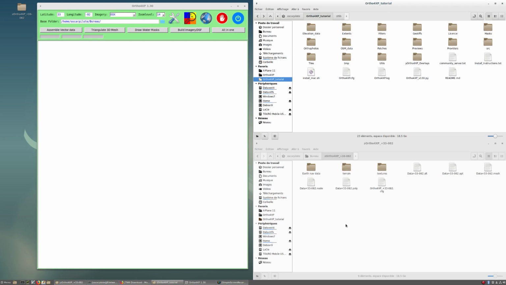Hi everyone, so in this second video tutorial we will be focusing on the mesh, the ability to visualize it, to refine it, and eventually to use some alternative data sources for elevation. So we will be working with that same tile which we built last time in South Carolina, and I briefly showed you how you could visualize the mesh, and this is what I'm going to explain now